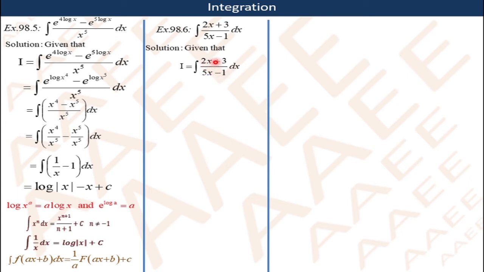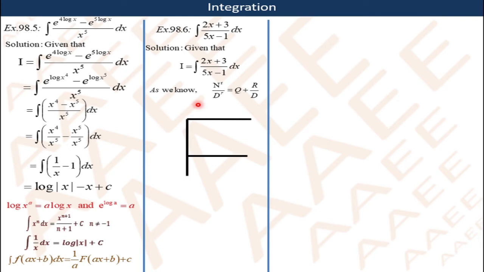If you observe, you can't integrate it directly, but you can find factors such that it will be easier to integrate. So you divide the numerator by the denominator and write it in the form of quotient into divisor plus remainder, that is, numerator upon denominator can be written as quotient plus remainder upon divisor. Let us transform this fraction into this form, where the quotient is a polynomial of degree 1 and the remainder is a constant, and you will be able to find the integral of this term.